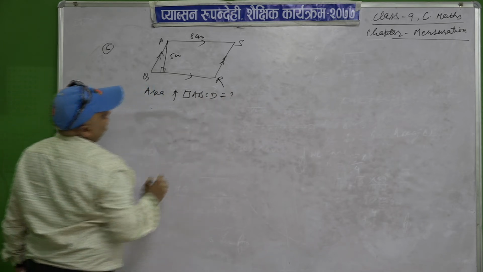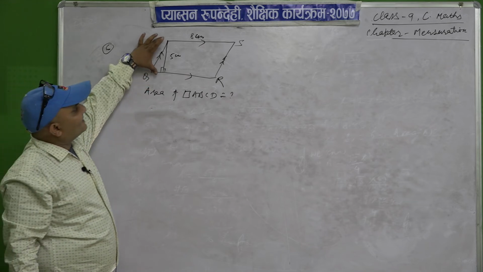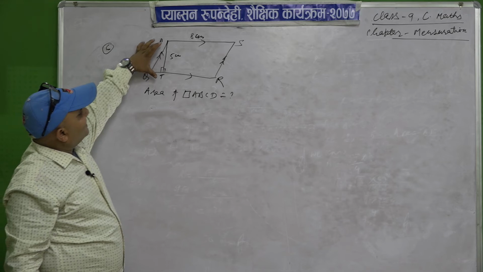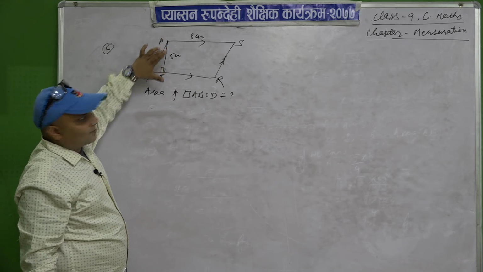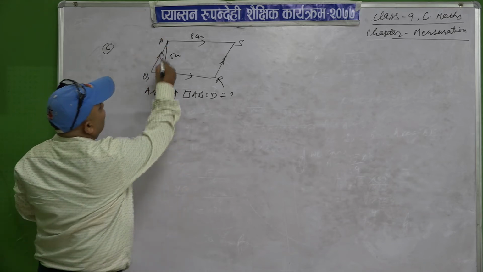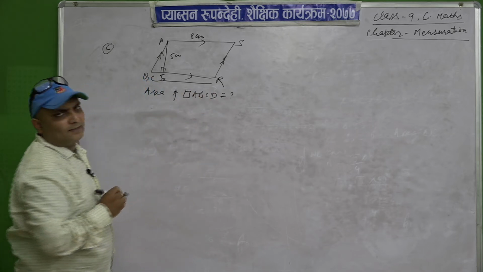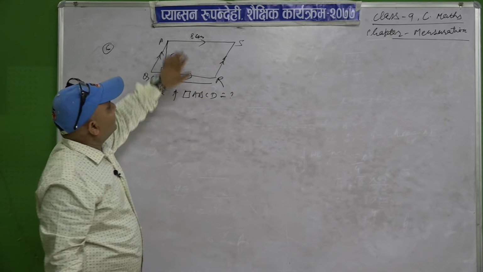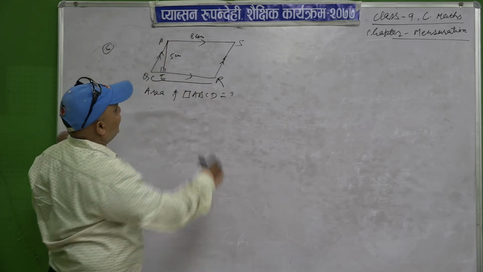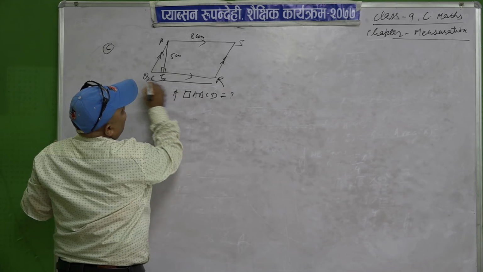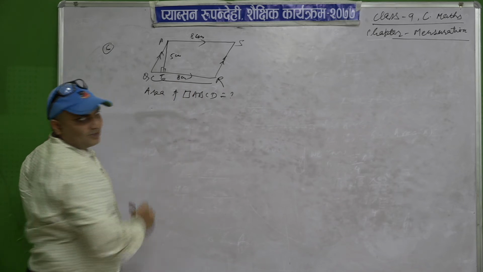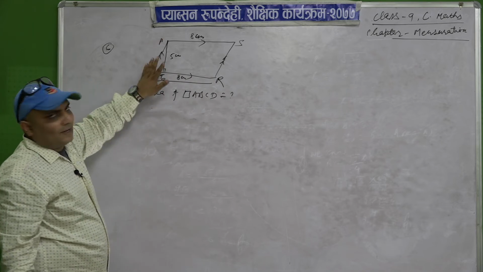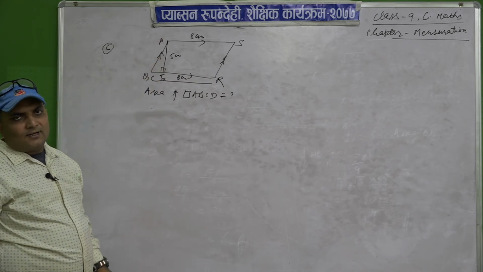Now see, in this question, this is the height, because the angle is 90 degree from the opposite vertex. If this will be the height, then this will be the base of the parallelogram. But this side is not given, this side is given. And again we know that the opposite sides of parallelogram are equal. That's why if this side PS is 8 centimeter, then QR is also 8 centimeter. Now see, the base of the parallelogram is 8 centimeter, the height of the parallelogram is 5 centimeter. Now we can find out area of the parallelogram.